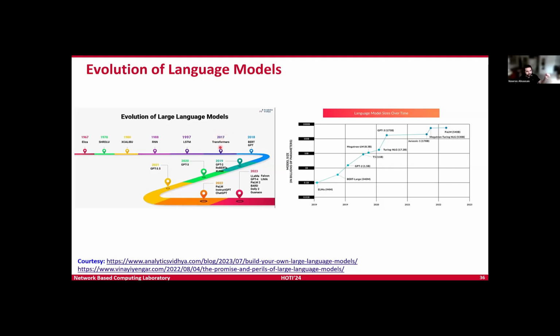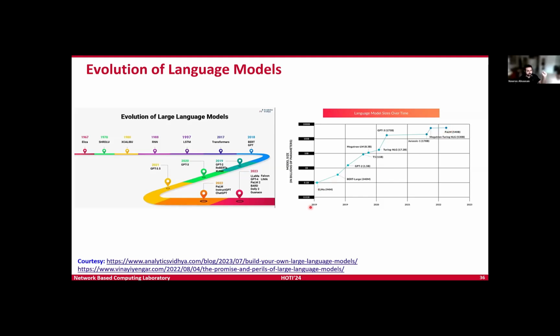So I very much recommend reading this paper. It's called Attention Is All You Need, which introduced the transformer architecture. Again, it's the foundation for all of these complex architectures. And then in 2018, we got the BERT and GPT models. And then fast forward, now we have GPT-2, 3, 4, and all the other models like Llama, Gemini, and so on.